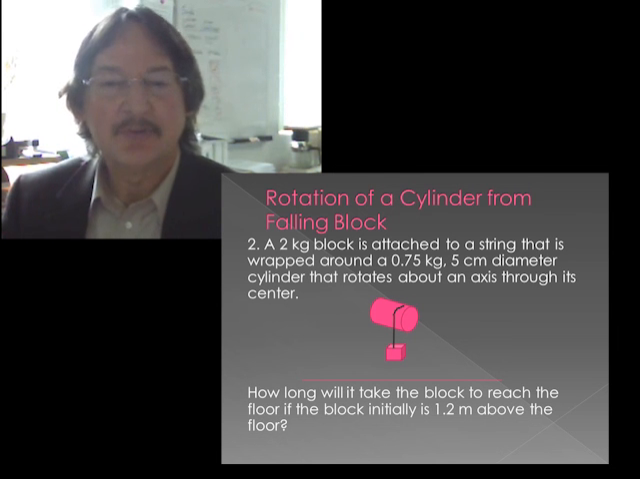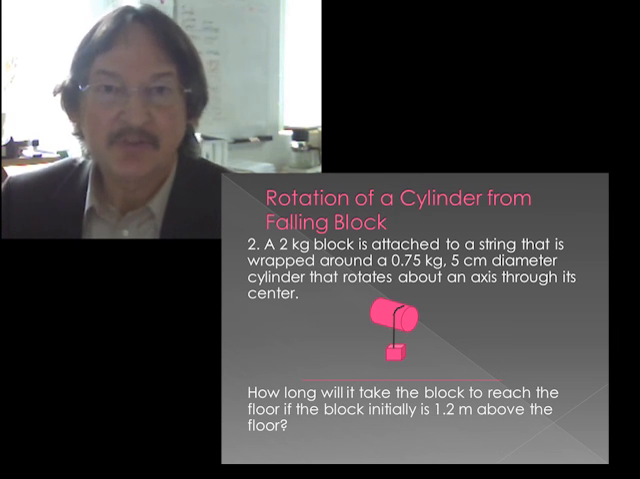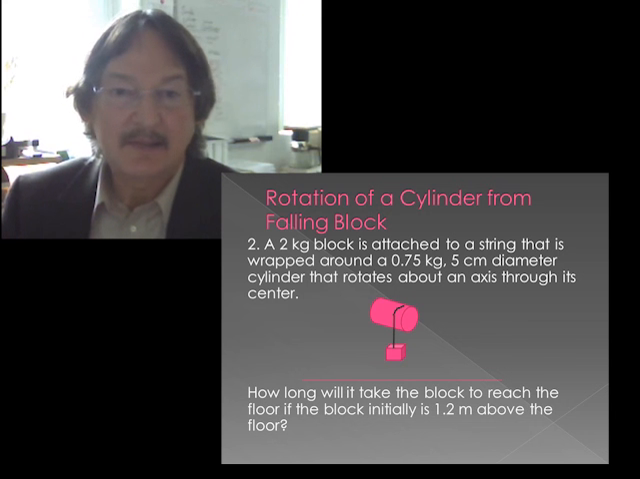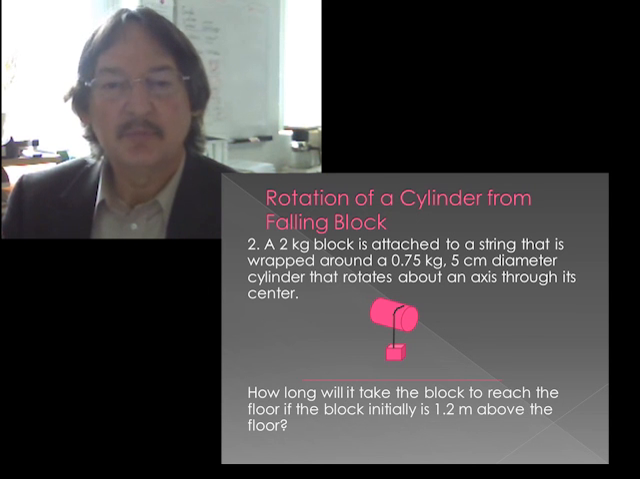That information allows us to calculate the moment of inertia of the cylinder, and then we can use Newton's law, F equals ma, to express the force and mass and acceleration relationship for the falling mass, and then we could use torque equals moment of inertia times angular acceleration, which is Newton's rotational motion law for the cylinder. And again, we want to know how long will it take the block to reach the floor if it's initially 1.2 meters above the floor. So you'll submit those